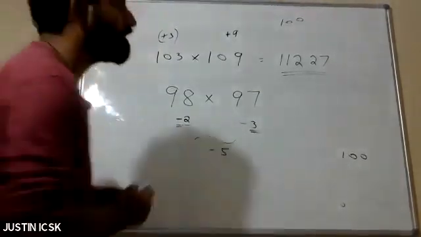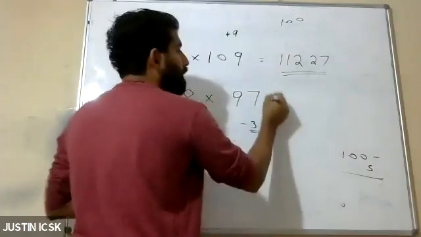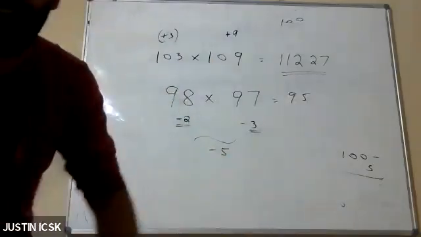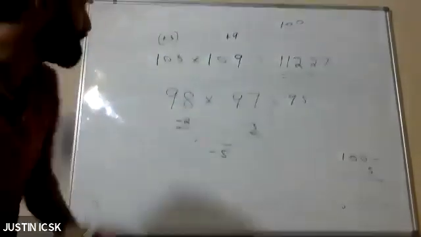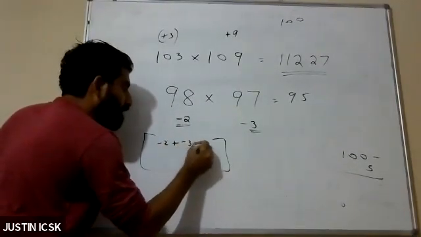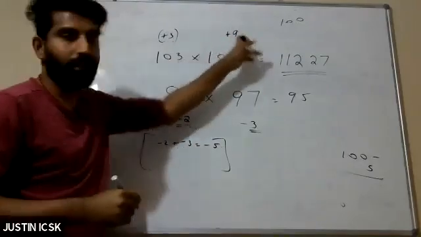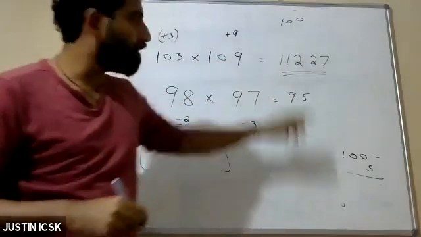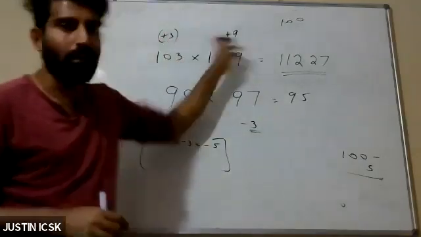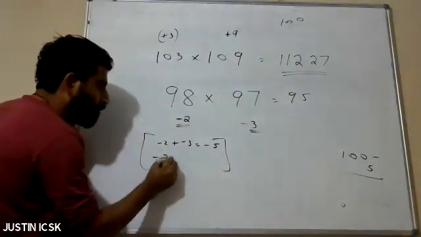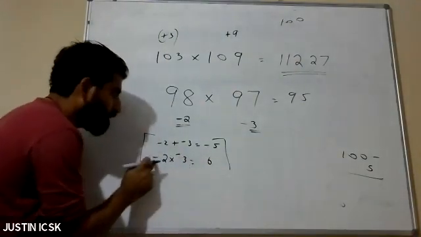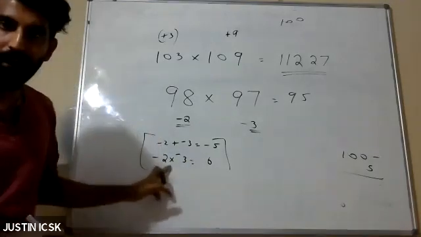Okay, so 100 minus 5. From 100 if you minus 5 you will get 95. So first step, here also there are two steps. First we will add minus 2 plus minus 3 to get minus 5. Same like here adding, but here 100 plus 12, here 100 minus 5. 100 minus 5 is 95. Now second step, here we will multiply, same as before. Minus 2 into minus 3, we will get 6. Minus into minus is plus.